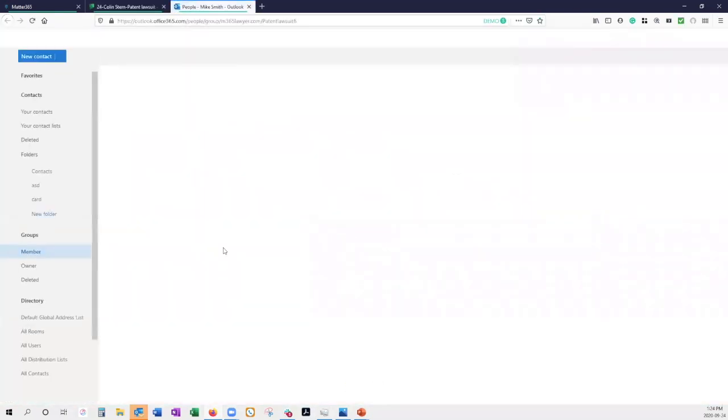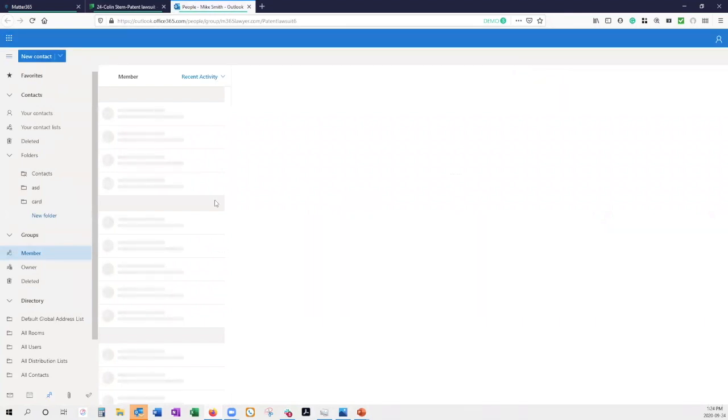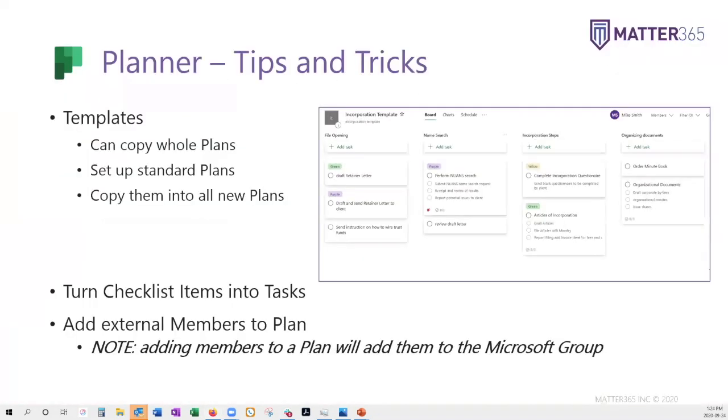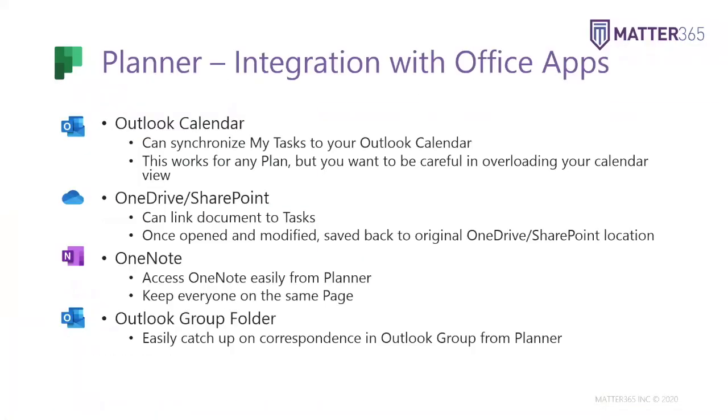It's going to open up the Outlook group membership page. And you're going to see here, you can quickly add members, add to favorites, invite others. You can even delete people from this group as well. So there's a lot of different ways you can work with it. Again, because Planner is part of your Office suite of applications, it actually has a great integration with the